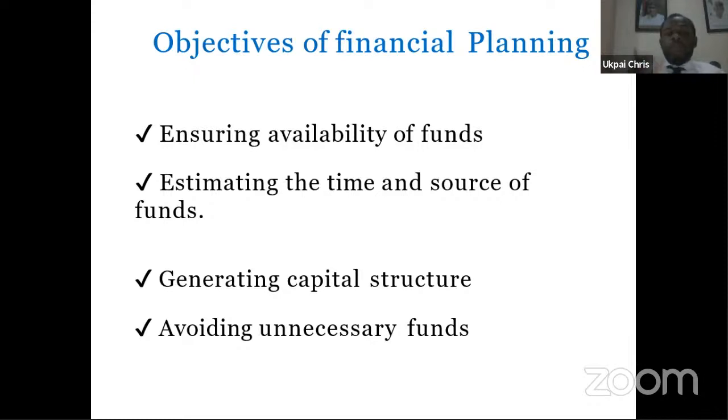So this will help you to avoid unnecessary funds. Take for example again, NISA is giving their own at 9%. Ordinary 9% is a good interest rate for you to embark on. It's not that you hear maybe another microfinance bank or another commercial bank are giving out loan at 25, 30%, you rush to it. You have to be careful on how you borrow money. Are we together?